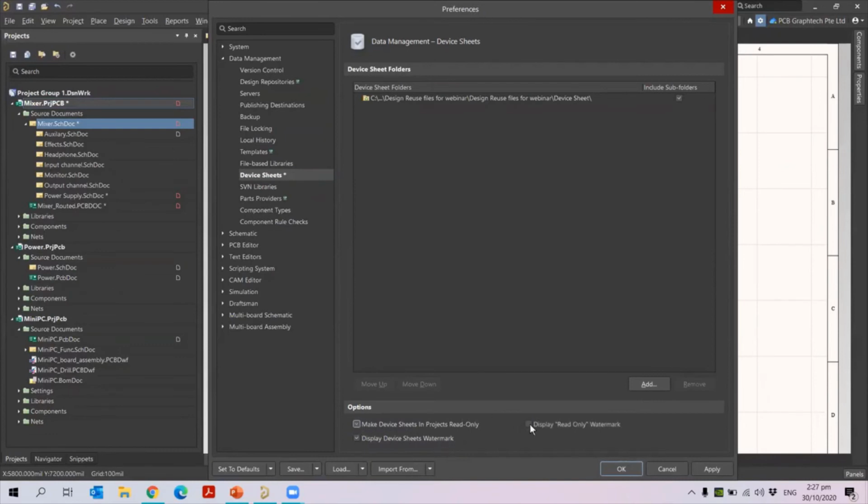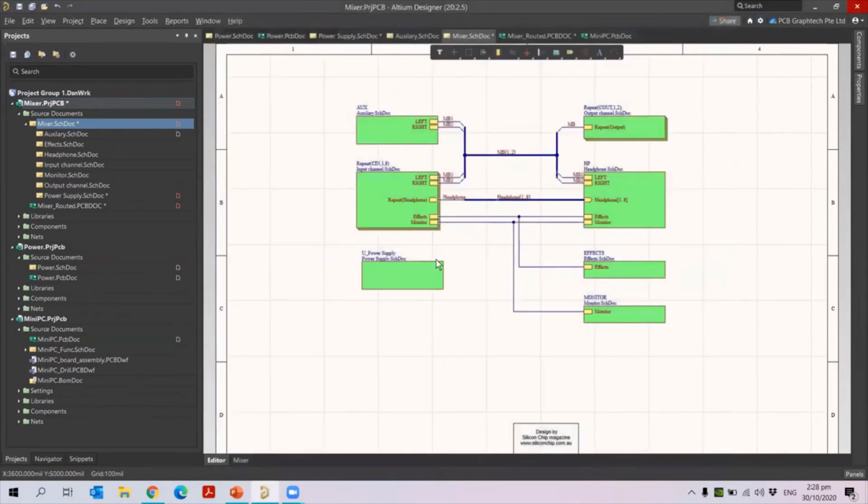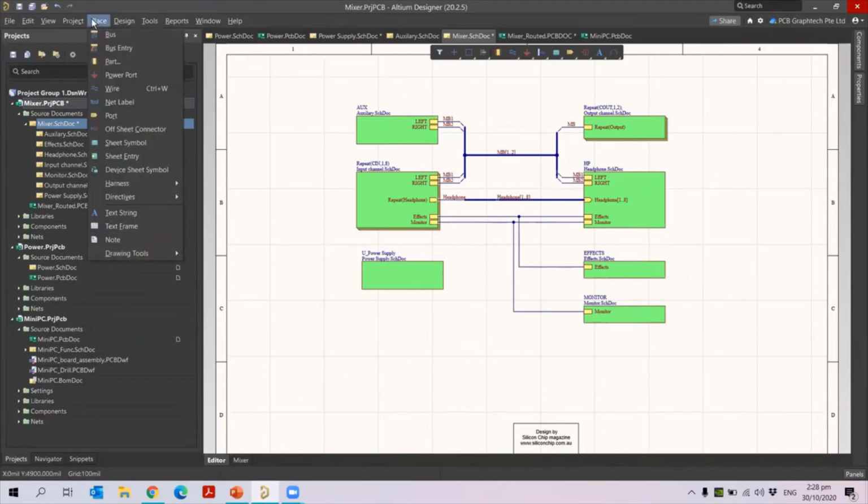Let me do with the read only first. So I just click OK now. So now I'm going to bring in the device sheet. So please remember, when you're bringing in device sheet, already the sheet should be placed in the device sheet folder. Then only it's easy to bring in. Okay, so now let me go to place device sheet symbol.